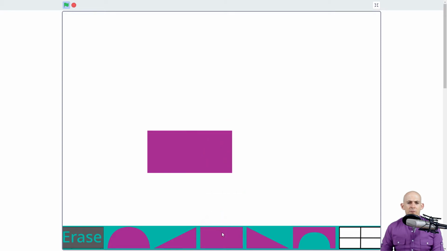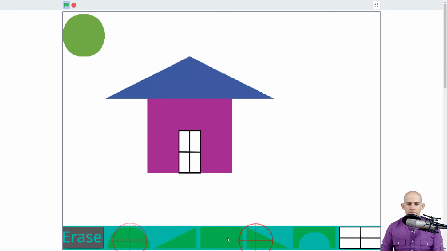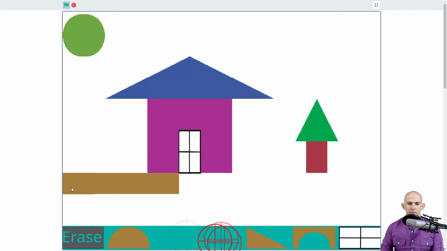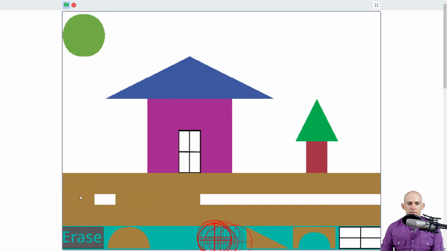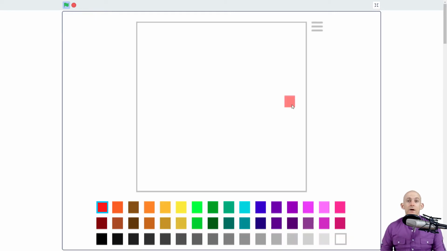So you drag these different blocks and you can use them to create a project that makes it so that you can make something like this, like a house or something. I don't know. It's up to you. All right, so the neat idea that I want to show you is a project titled